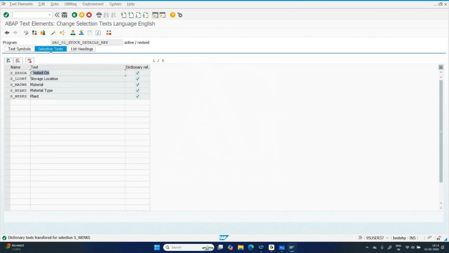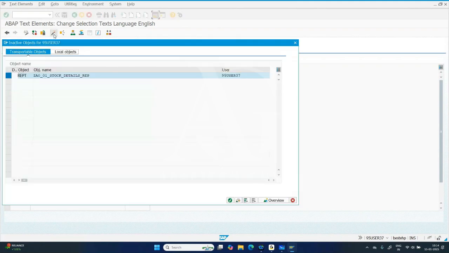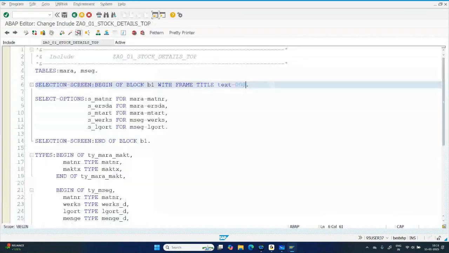Now you're saying that no, I want a different name, because in that data element this was the name, or you want a different label. This is non-editable now. If you want to make it editable, deselect the checkbox and click on enter. Now it will be editable. Now you can provide a different name like this. Now if I click on execute, see,